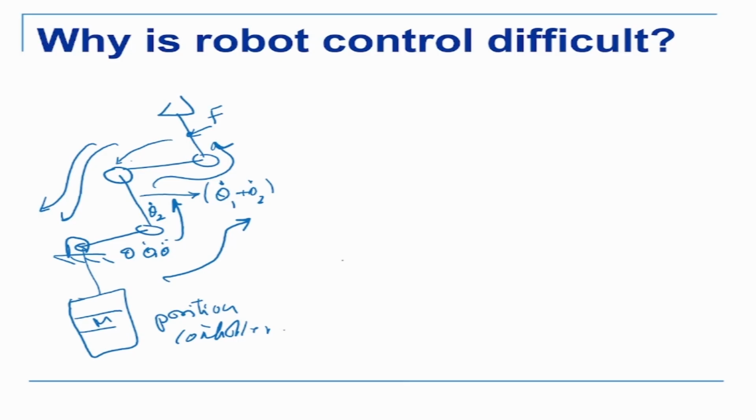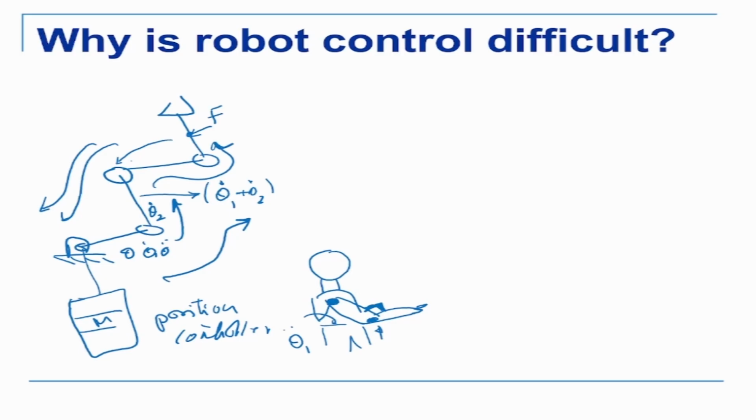Now I might give an example here. I'm sure you have this experience. When you're moving your arm like this, when you're rotating your shoulder, suppose I'm rotating my shoulder with some angular velocity theta 1 dot, and this joint is not moving. But because this joint is moving, this joint will also be subjected to a force. Centrifugal force will come on that joint, although the joint is not moving. Not moving means this angle is not changing. Although this angle is not changing, it is still subjected to a force. And this poor controller has no way of knowing because it doesn't know what the shoulder is doing, and this acts as a disturbance on the system.